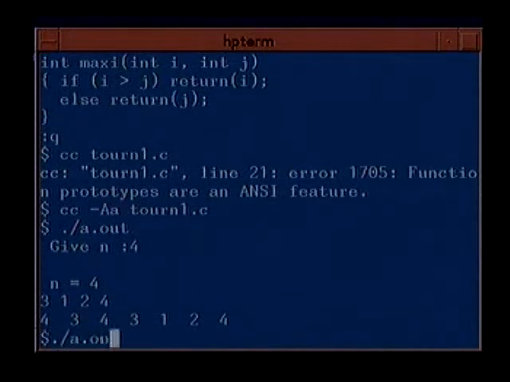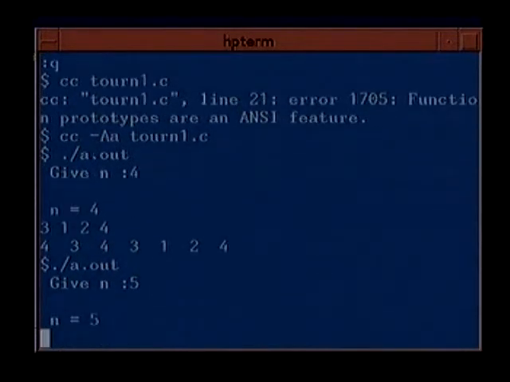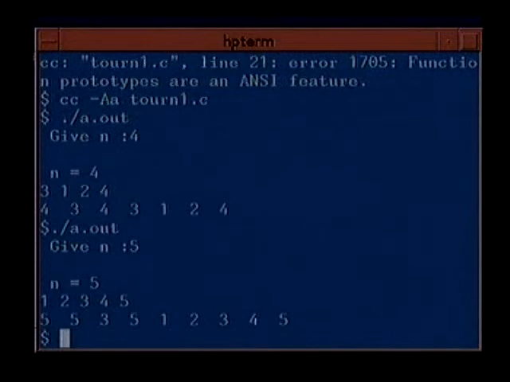If we run it again with, say, n equal to 5, and you give simple data 1, 2, 3, 4, 5. So in the 5th, 6th, 7th, 8th and 9th locations, these values were stored. 4 and 5 were compared, and 5 was stored here. 2 and 3 were compared, and 3 was stored here. 5 and 1 were compared, and 5 was stored here. 5 and 3 were compared, and 5 was stored here. So whatever you give, you are going to get back the value of the tournament.